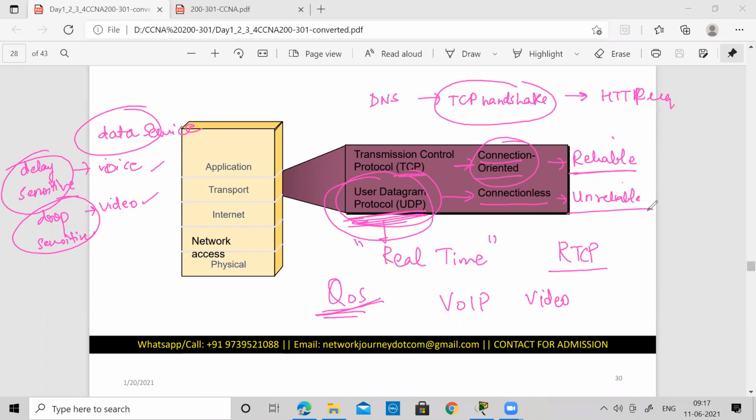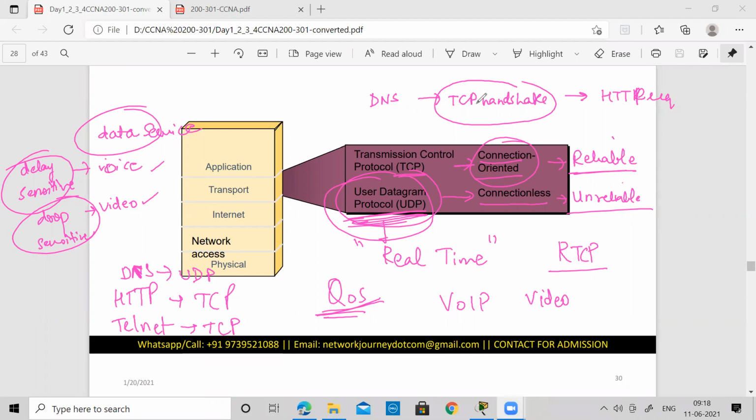That is why it is said to be unreliable, because there is no error correction, no retransmission, no acknowledgement, all these things are not happening. Okay, so this is all about TCP and UDP. Whenever you are studying any application, let's say you are using HTTP, HTTP uses TCP in its transport layer. When you want to use Telnet for remote access, again that is going to use TCP. When we mention DNS, DNS is using the UDP service.